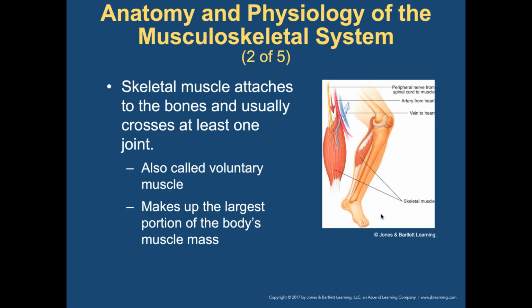So here is the picture, I had to read it too. It's showing you the blues going up to the heart, the reds coming down. Blues going up is deoxygenated blood, red coming down is oxygenated blood. That's basically here, the peripheral nerve from the spinal cord. If you'll notice, it's running down on the inside, on the back, tucked into the bone, and comes down into the back side of the calf. That's really what they want to show you there.